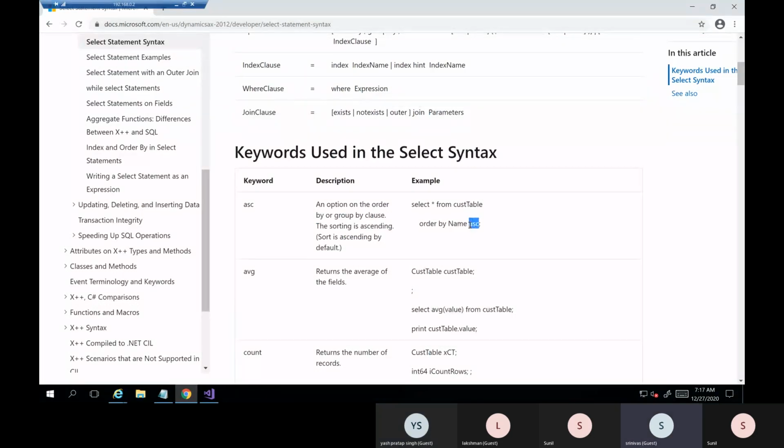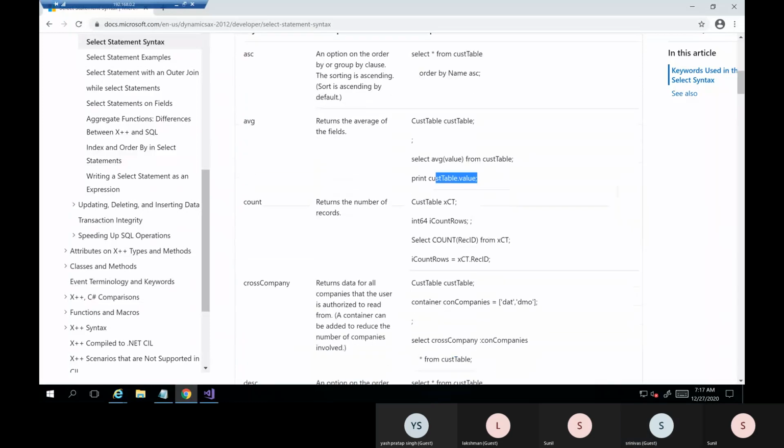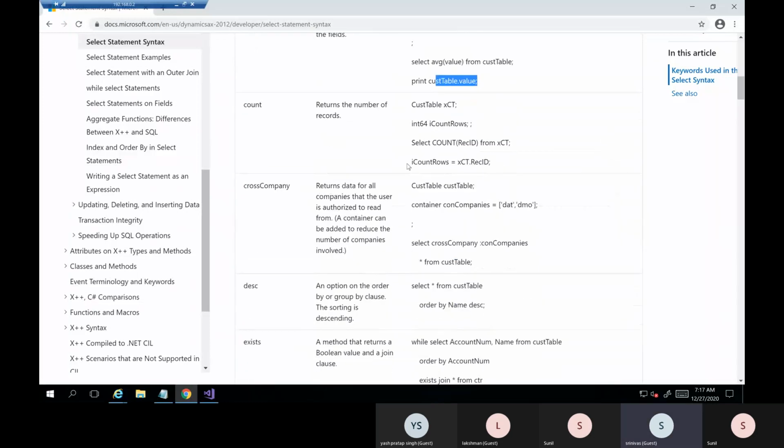Order by name ascending. ASC means ascending. So we can order the data by using the name in the form of ascending. When you use select statement, it will bring only one record. It will get the first record in the order by. If you use while select, it will get all the records in order by. You can use average. Whatever I have shown you, instead of sum, you can see average here. Select average, value is nothing but a field name from cust table. You can print that value. Count, similarly,